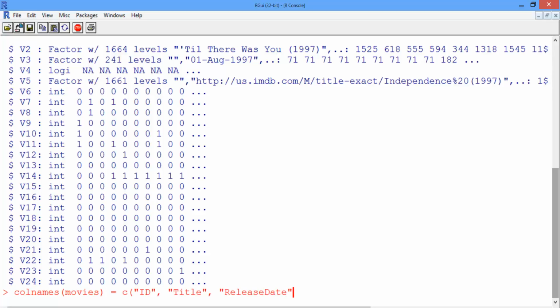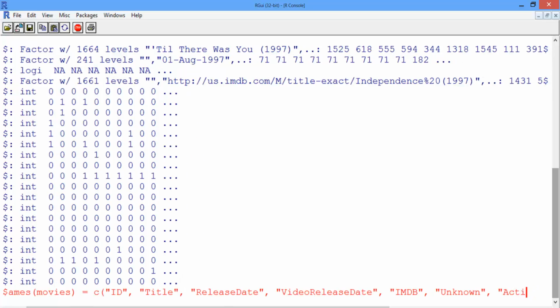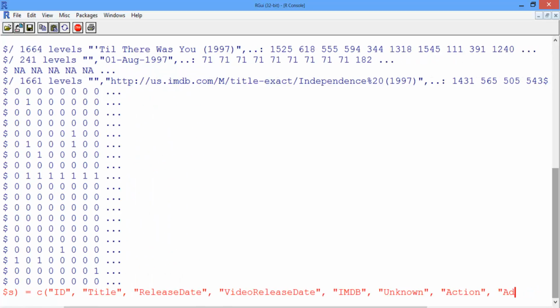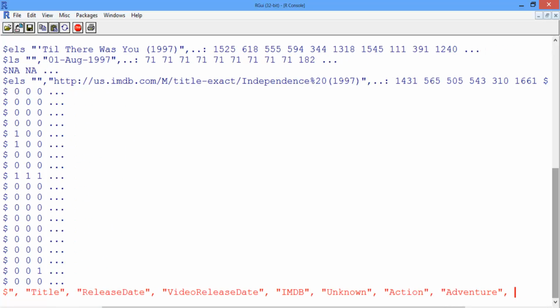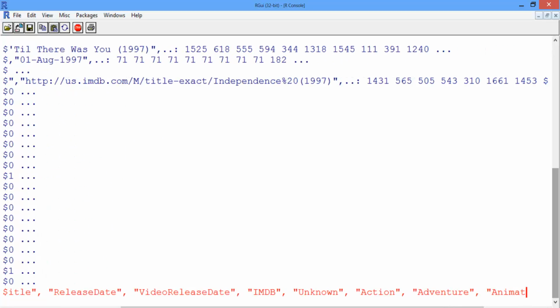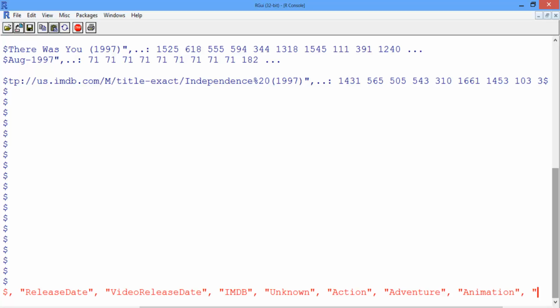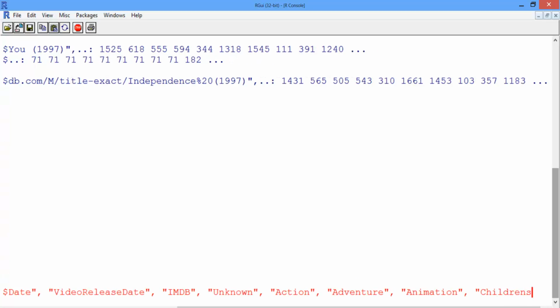release date, video release date, IMDb, unknown, this is the unknown genre, and then our 18 other genres: action, adventure, animation, children's,